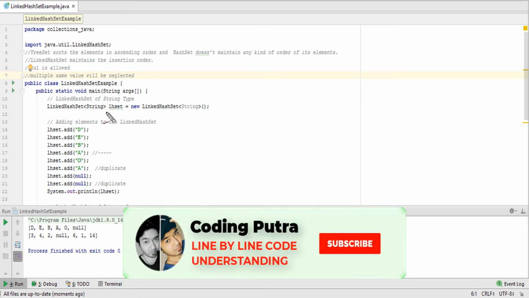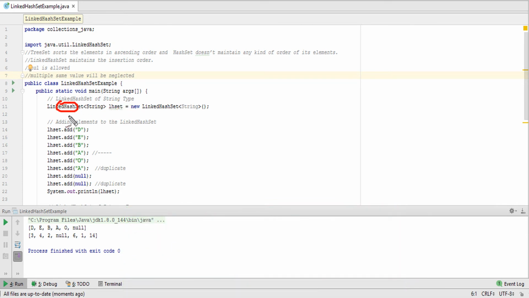Once again, this LinkedHashSet object will be used with the .add function to give input.